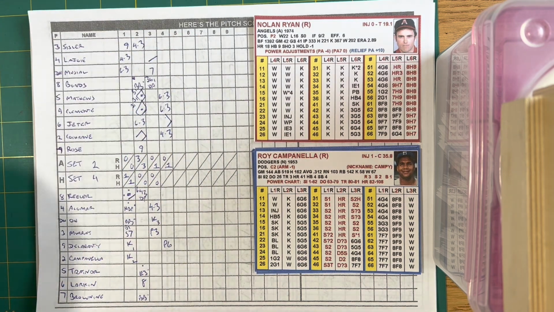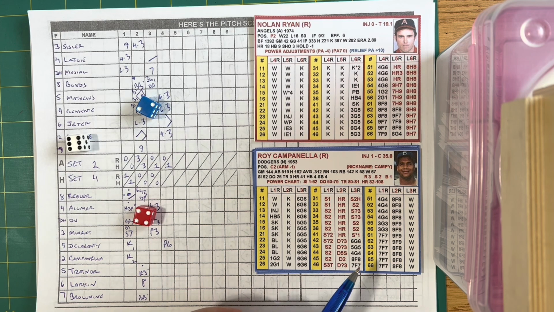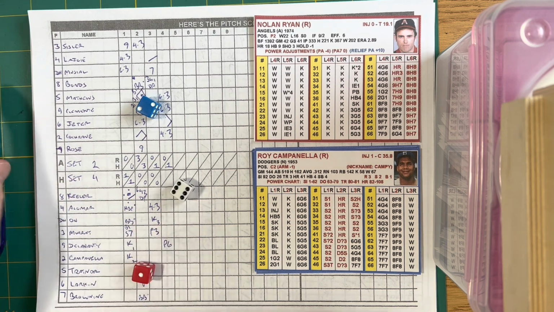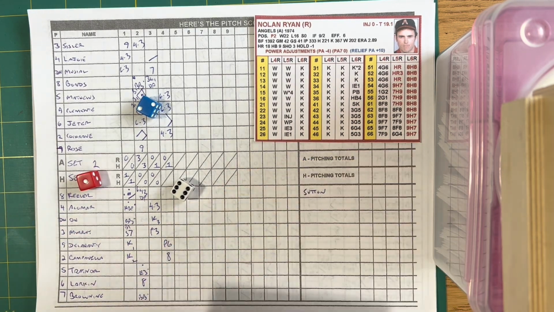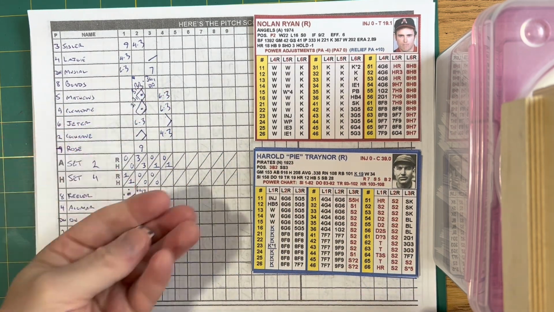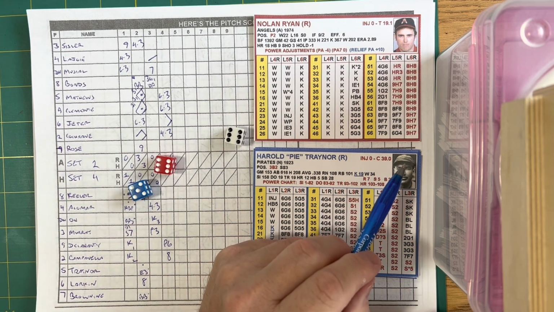Here's Campy, 0 for 1. Ryan kicks and deals, 462. That's hit to center field. Barry Bonds is going to make the catch in left center. And there's 2 gone, 6 in a row retired by Nolan Ryan, and Pie Trainer comes up. Ryan winds and delivers, 665,